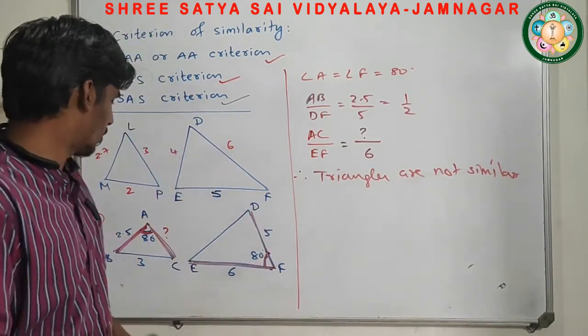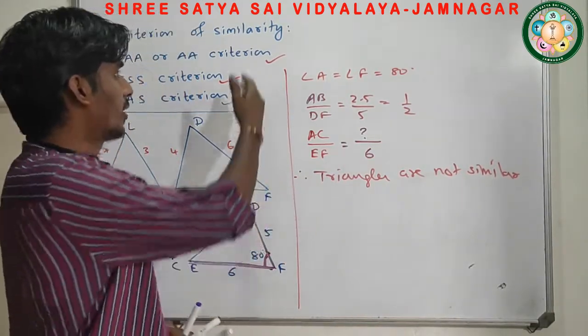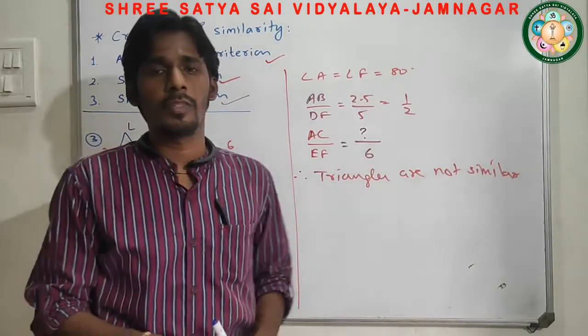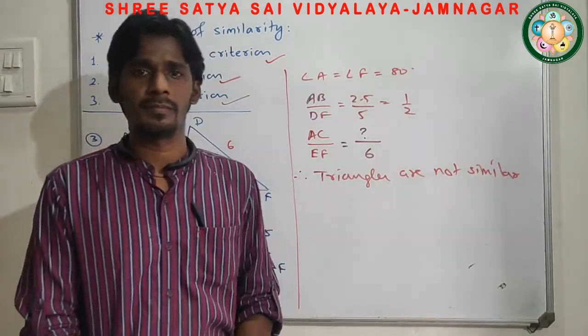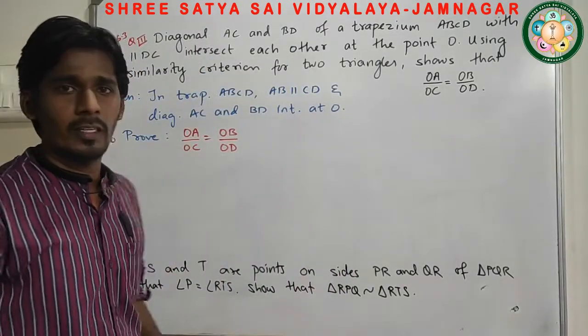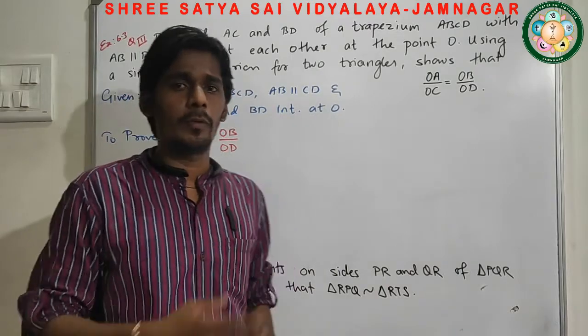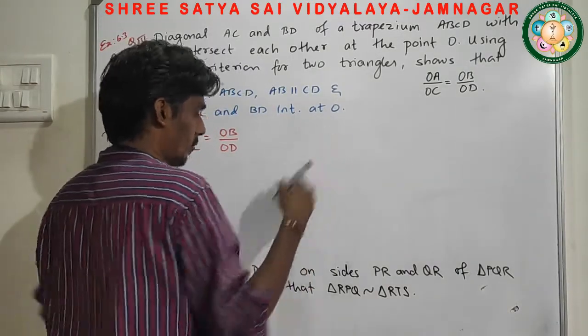So this is the way we can solve question number 4, and this is the way we can use the different criteria, which is very useful for next examples of proofs even. Let's start with the next question. Question number 3 and 5th, both are proofs. Before starting this, let me explain a basic thing which you know already.